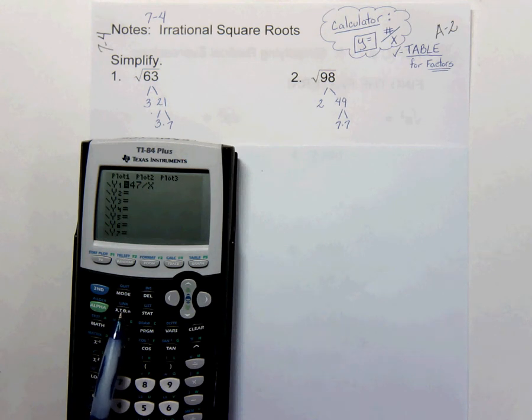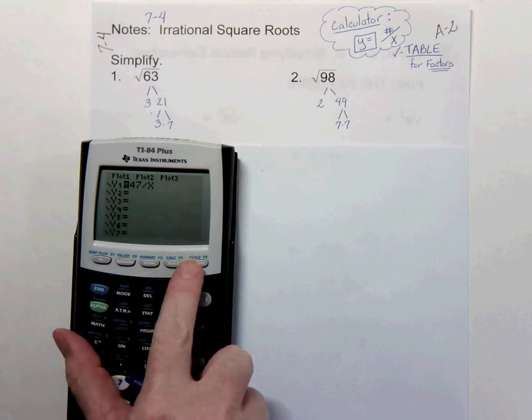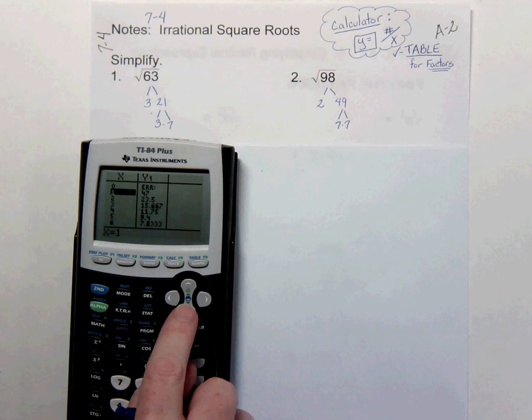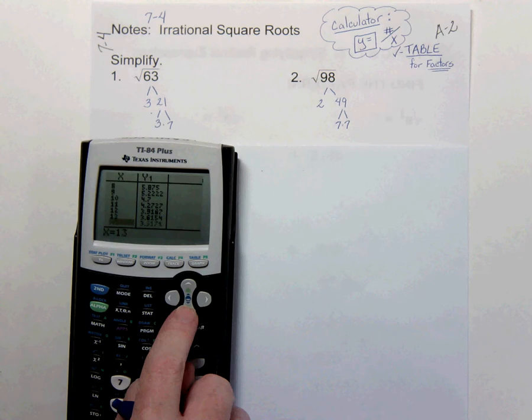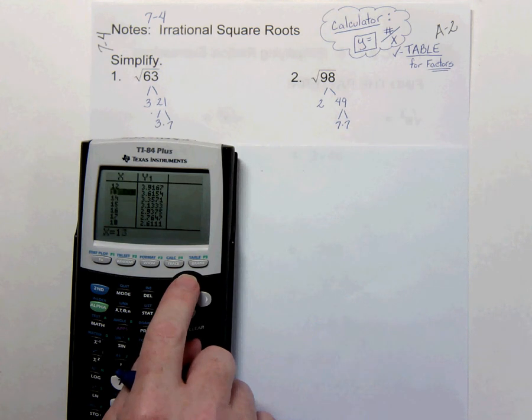Use this button. Okay, so for that one, if you want to check the table, you have to hit second table, and then it gives you the list of values. We're not dealing with negatives, so you're just looking at the 1 and 47. And then every other value, you're never going to see another whole number for this one. So this is actually called a prime number because there is no other whole factor times 47. All right, let's move on.